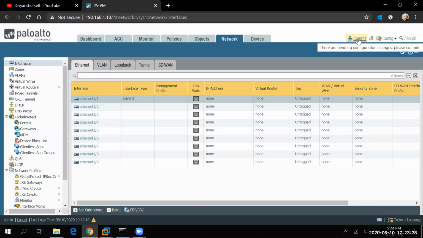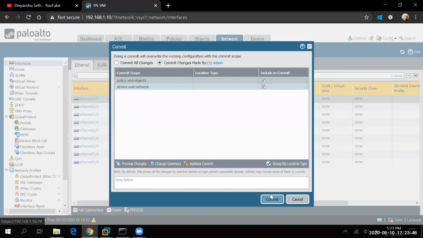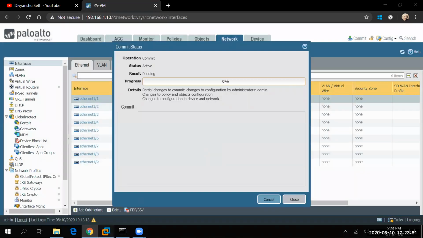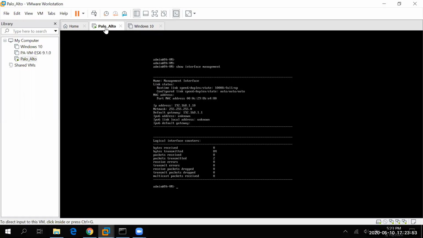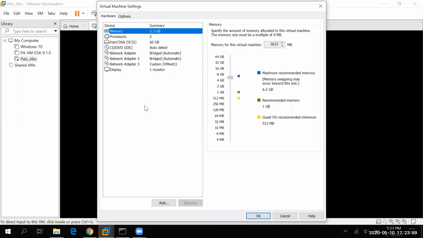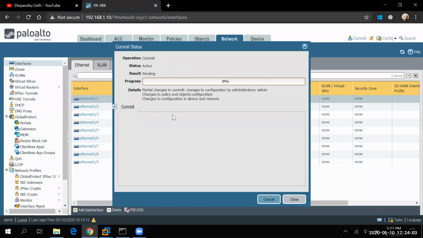I'm just checking this one because I wanted to show you that this interface will come up, because we have already configured network adapter 2 and 3 as part of this VM. So network adapter 2 and 3 should come up, which is 1 by 1, 1 by 2. If I talk about 1 by 3, 1 by 4, it should not come up.